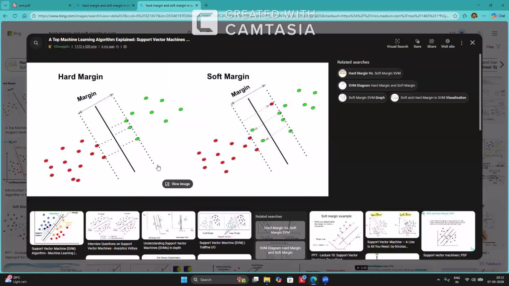Support vectors, and we are considering margins. If every element in the two classes is beyond the margins, then it is called what? Hard margin. Hard margin. And if we allow some of the elements within the margin,